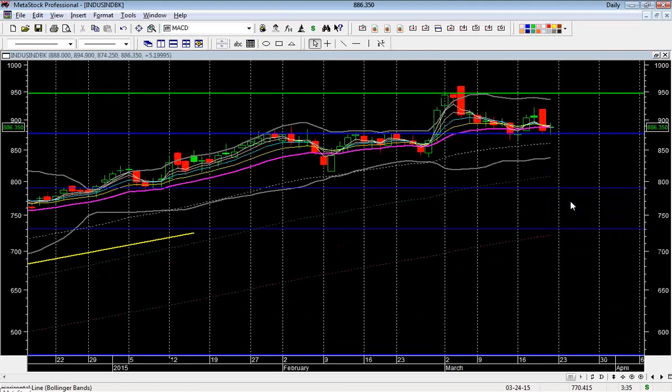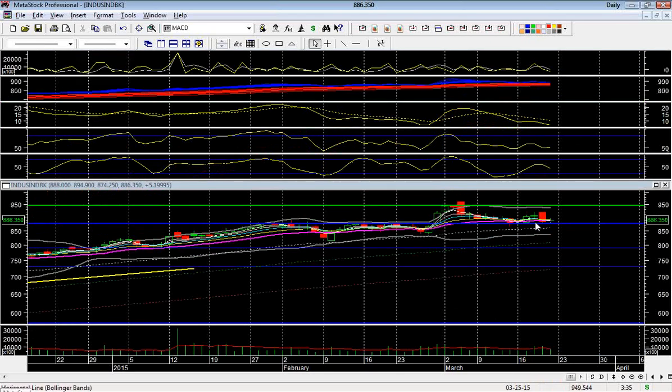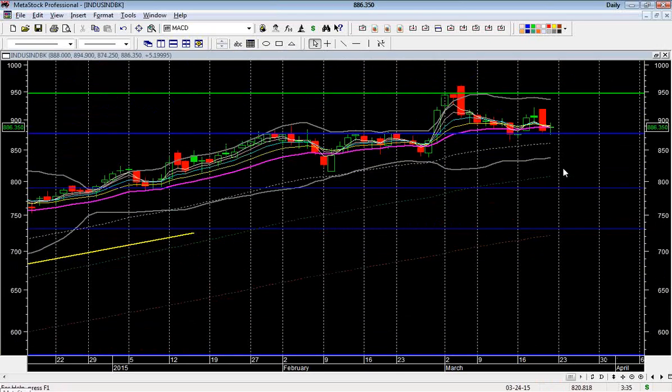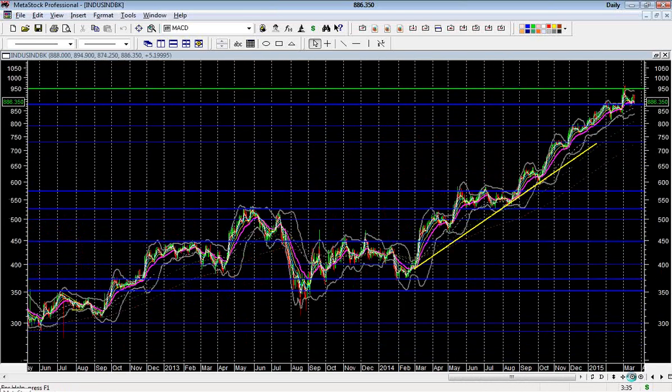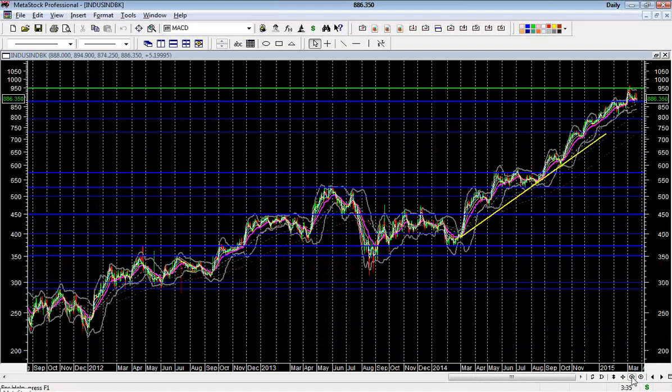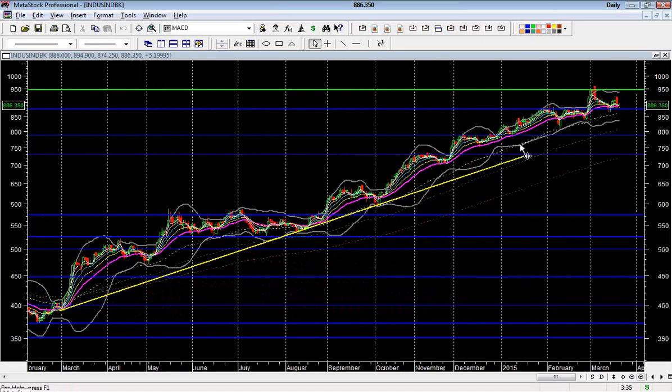IndusInd Bank also showing some quite significant strength, coming back to its old life high of 875. There's no hurry to buy it. Might just crack down for a day or two or a week and go to 820. The next important lower support, the level that has really not been tested on IndusInd Bank, is I think 575, and that's quite a long way off from where it is right now. Let's put a trend line,